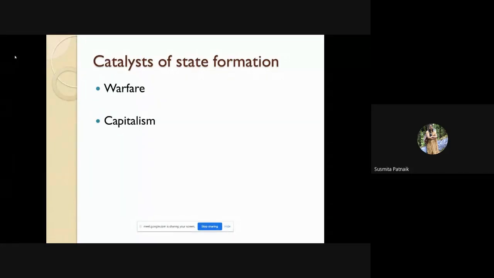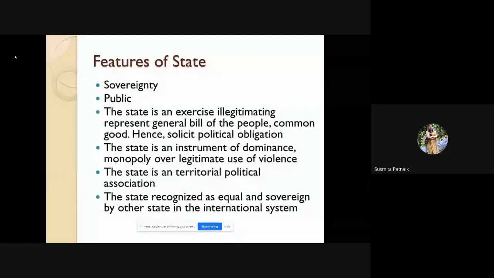Okay students, did you understand? Is there any problem? Then in my next slide, okay, Susmita Patnaik, do you have any doubt? Ask me. No ma'am, no doubt. Okay, I understood, it is fine. I thought you might have a doubt.